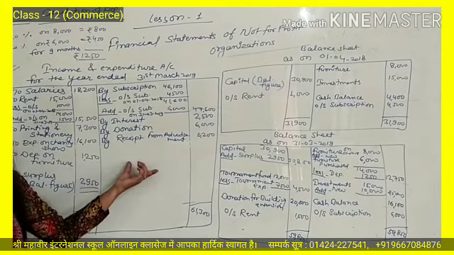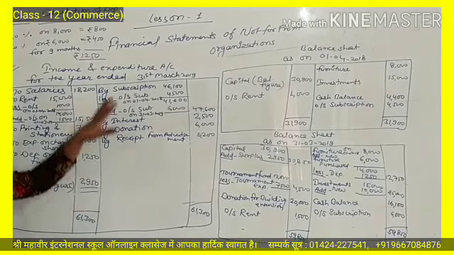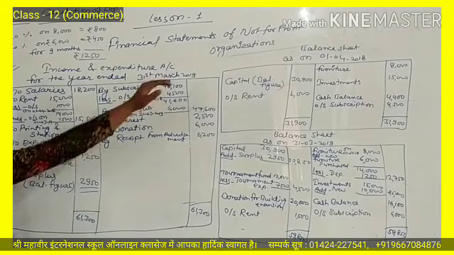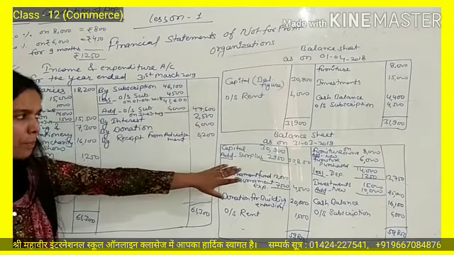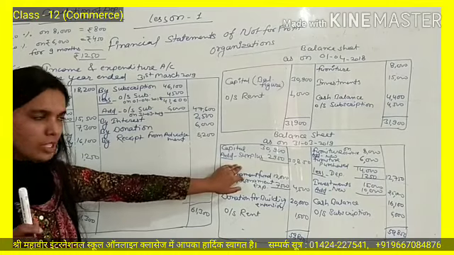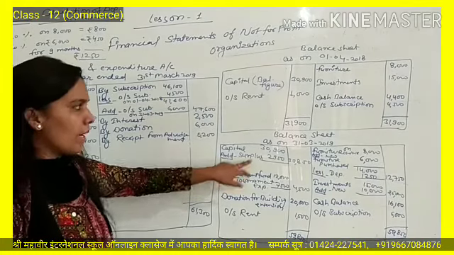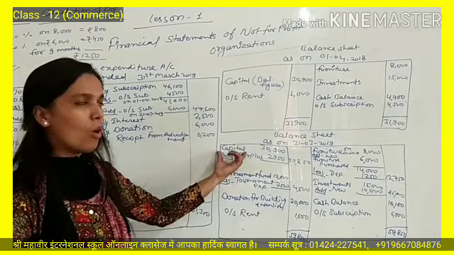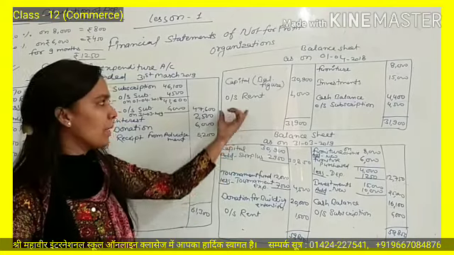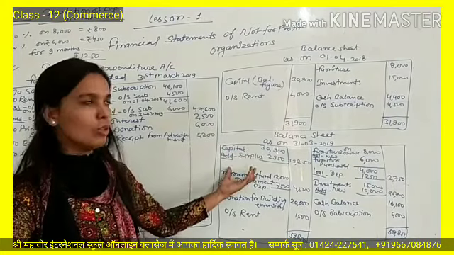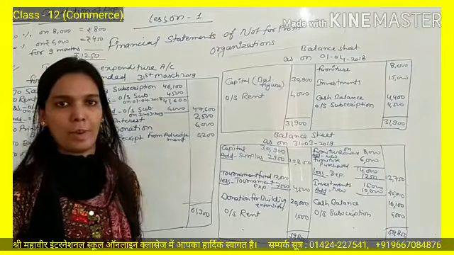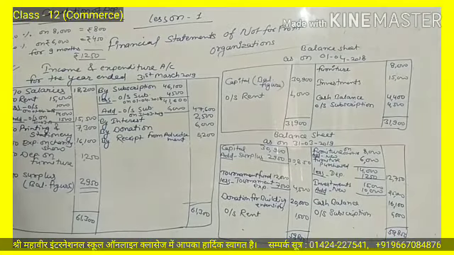This is a full question of this chapter. In this you have to make an income and expenditure account and balance sheet. Balance sheet proper you have to make only of the closing balance sheet. But why are we making the opening balance sheet? For finding the opening capital. If the opening capital is given in the question, then you don't need to make this opening balance sheet. So this was your question number 16.